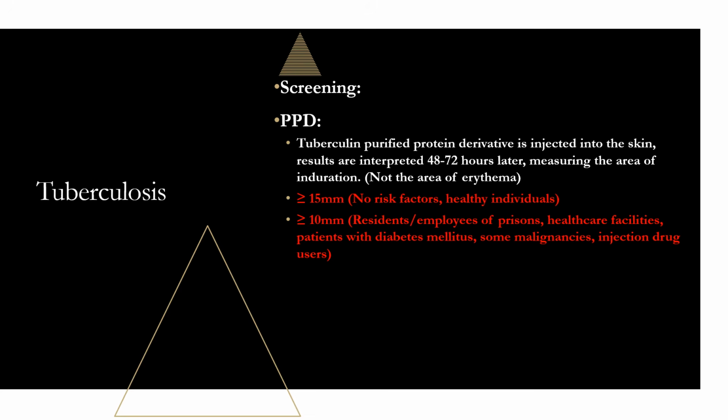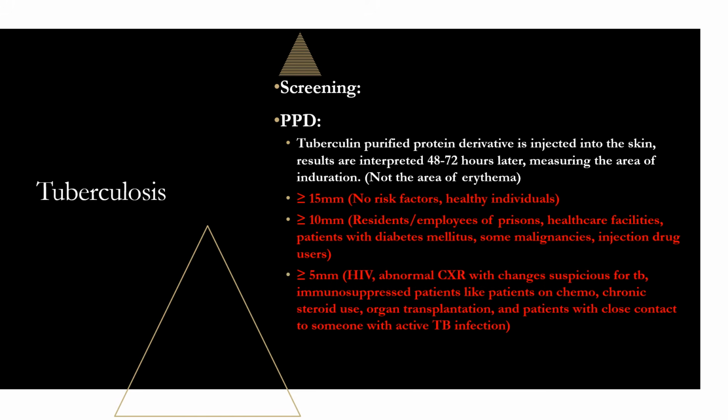And then we have our highest risk patients. So this is going to be 5 millimeters or higher. So these patients only get away with up to 4 millimeters, and then they're positive at that point. As soon as they hit 5 millimeters. HIV is going to be the big one. If you're going to get a question, it'll probably be a patient with HIV. Patients with an abnormal chest X-ray suspicious for tuberculosis, immunosuppressed patients like patients on chemo, chronic steroid use,